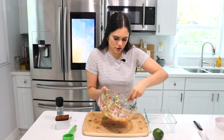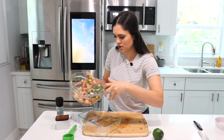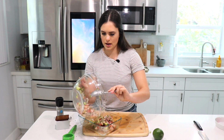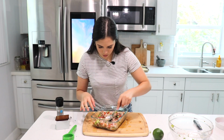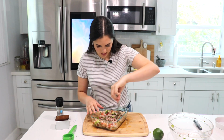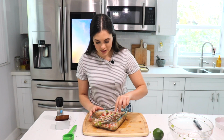I personally like to transfer mine to more of a shallow dish. So that's what I'm going to do. That way it can marinate a little bit better. I like to press it down so all of the shrimp is kind of coated by the lime, by the citrus juice. And as this marinates, it will not only obviously cook the shrimp, but all of the flavors are